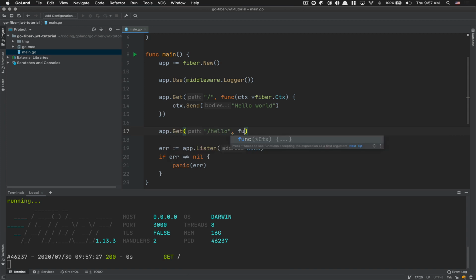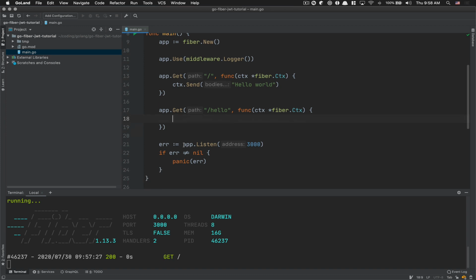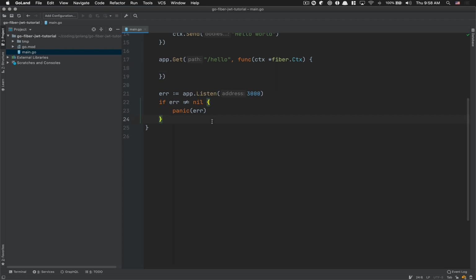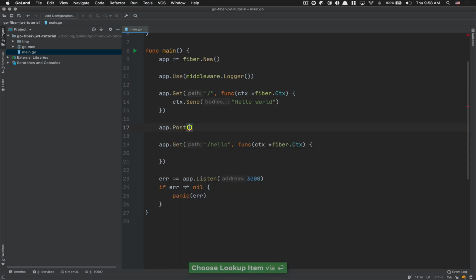So this route, we want to say hello to a certain user, but we also want to make sure that this route is not accessible for those who are not logged in our app. So the first thing we should do is to create our login handler, where we're gonna get back the JWT token. So for that, I'm gonna do a post request /login, and I'm gonna do a login